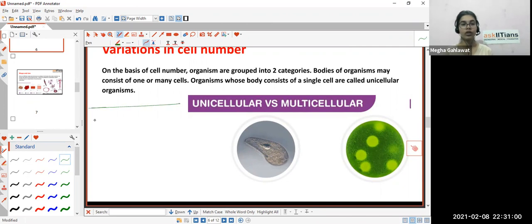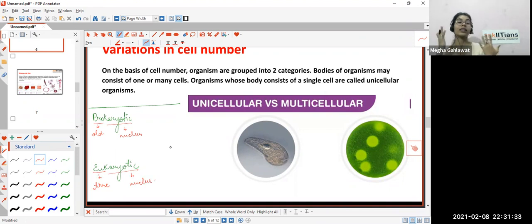One teensy bit thing that you need to note down here is we'll be discussing the prokaryotic. I'll just be giving you a little definition of both these, and we'll be discussing the eukaryotic. Now understand this thing. Pro means old. Karyotic means nucleus, having an old type of nucleus. U means true karyotic nucleus. So the organisms which have an old type of nucleus, which was present thousands of years ago and is still the same in multiple organisms, those organisms are called prokaryotic organisms. For example, we have bacteria, right? And then we have the eukaryotic organisms. That means they have the true nucleus, or the evolved or modernized nucleus. For example, human beings,